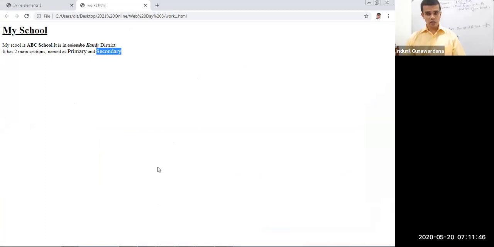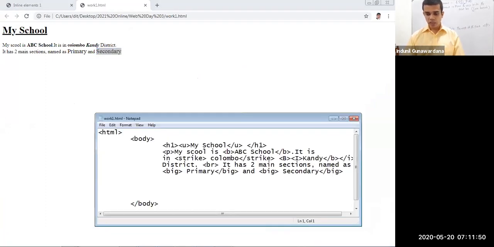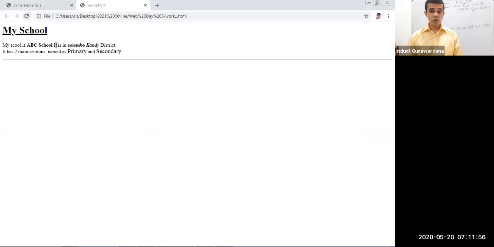Now I won't have a horizontal line. What should I do? Just type the tag HR. Then if I run this, you see that on the next line a full horizontal line appears. So that's not continuing on the current line. Even after finishing that, the rest of the text will come from the next line onwards.